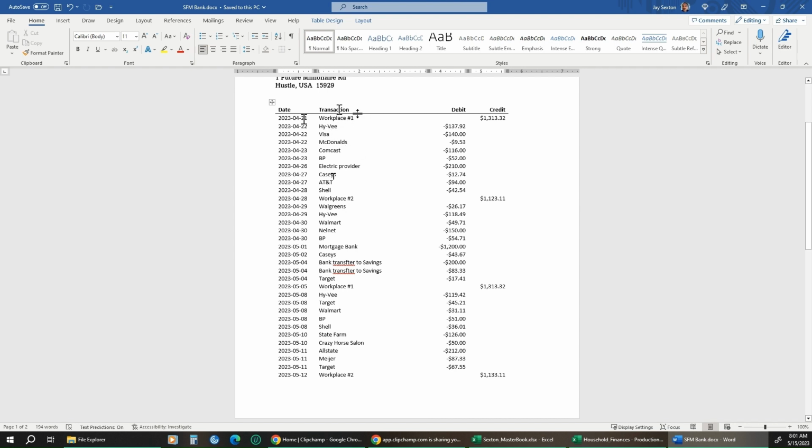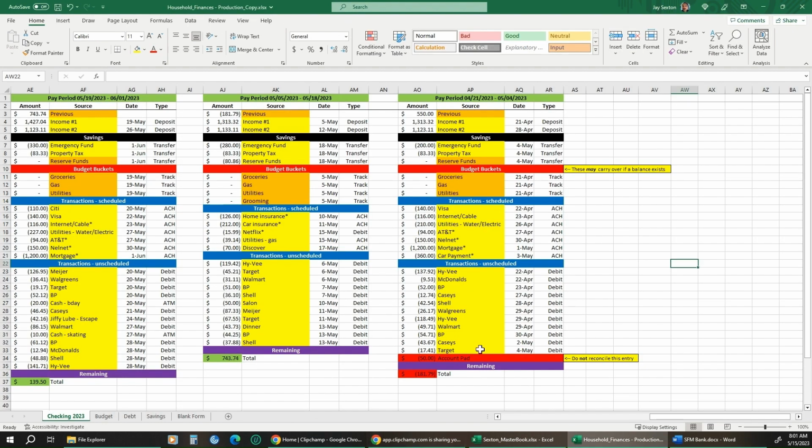Workplace number 1 on 4/21 for $13,1332. So when I go up there, I should see $13,1332 on April 21st for my first workplace income, and I do see that. So I'm going to go ahead and change that to orange. Now that means that's been reconciled. So when I go back and look through